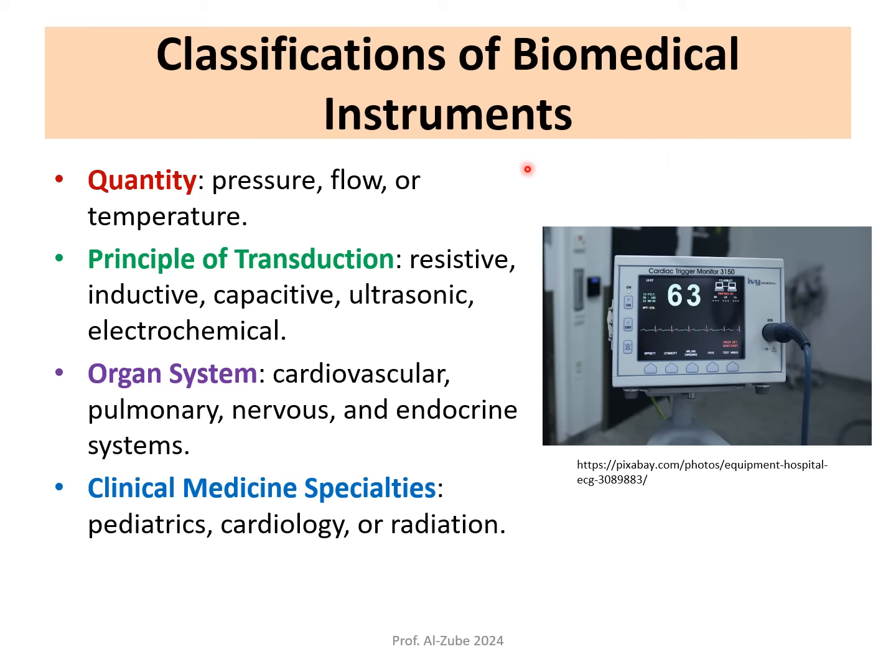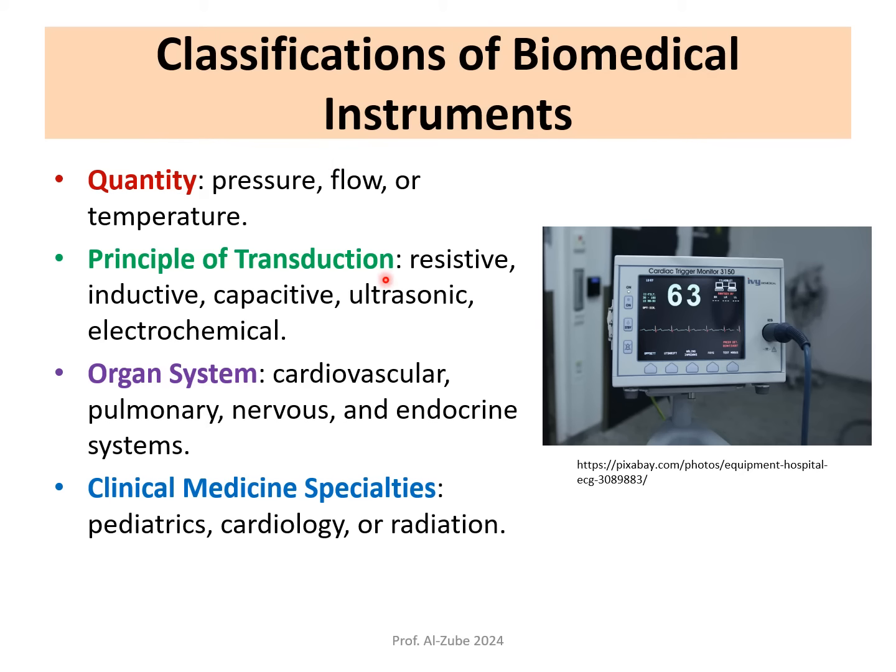And we have multiple ways to do this classification. You can classify the biomedical instrument through the quantity that they are measuring. You can find biomedical engineering instruments that measure pressure, flow, or temperature. And you can say that you would like to specialize in all the biomedical instruments that measure pressure, or the ones that measure temperature. So you can categorize the biomedical instruments through the quantity they measure, or you can categorize them by the principle